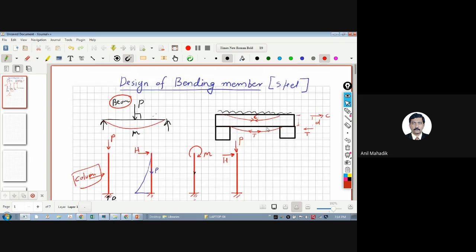We have already seen bending moment. We get the bending moment M, BM, which is causing the compression and tension in the member. Top chord compression, bottom chord tension. Say when I say it is simply supported, then this is the case. If it is a fixed beam, then